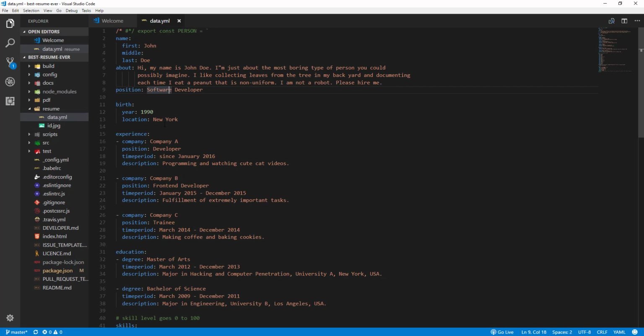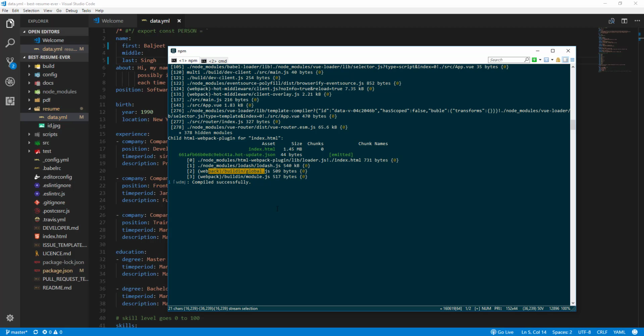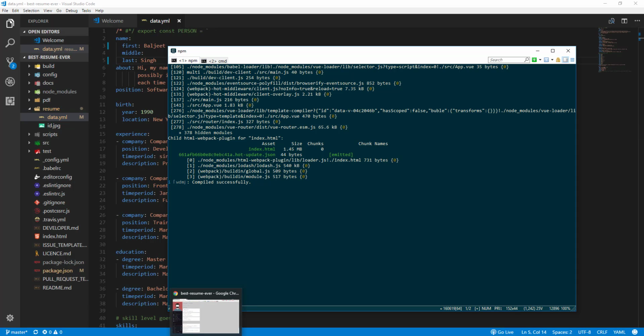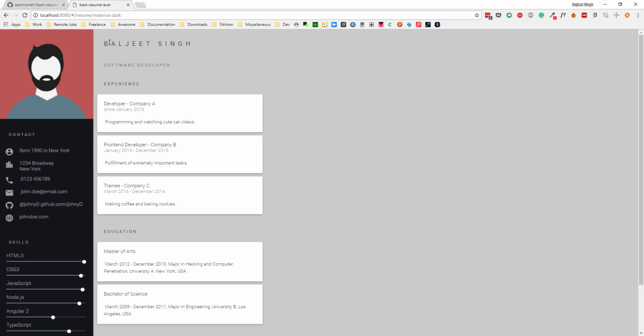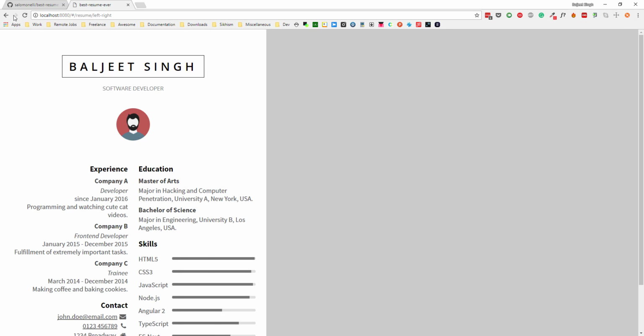and here we can see the data.yml. Here we can change the name. Let's say I will use my name Baljit and then here I will use Singh. Now when I save it, you can see the server is already running, so we don't need to restart the server, and we can go back to the browser and here we can see Baljit Singh. If I go back here, I can open any template. Here you can see my name. Alright,